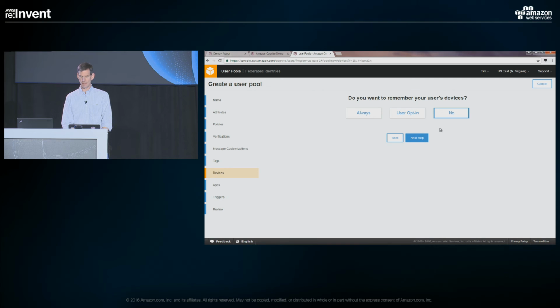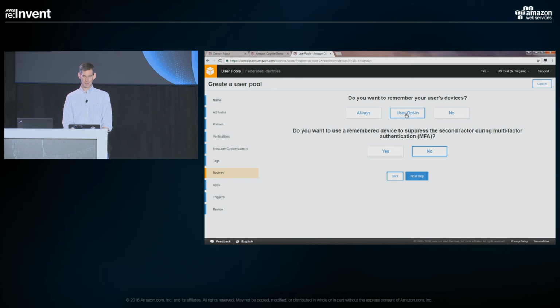We mentioned the idea of a device. So you, as the developer, get to choose if you want to allow devices to be remembered always or opt in. And then here's that option if you want to make it easier for your users to use multi-factor authentication when they're on a new device. But if they're on a device they've already used, you don't need to prompt them for that code again. You can choose to suppress that second code for a recognized device. So that gives you that added security. If suddenly there's a new device, you can make sure it's really the user. But if it's a device they've used over and over, you don't have to make them jump through that extra loop.